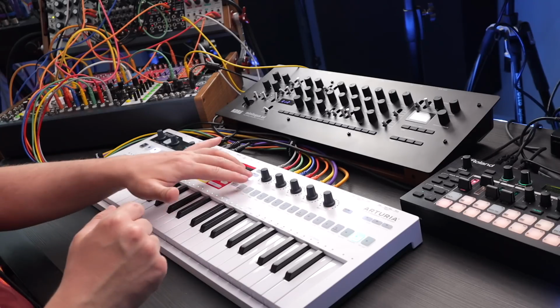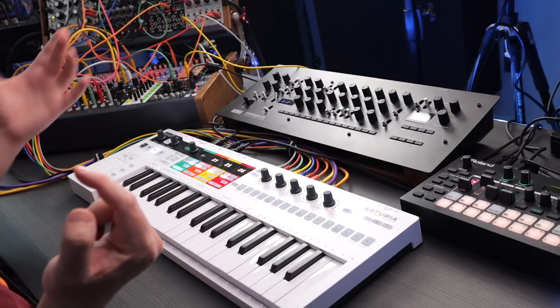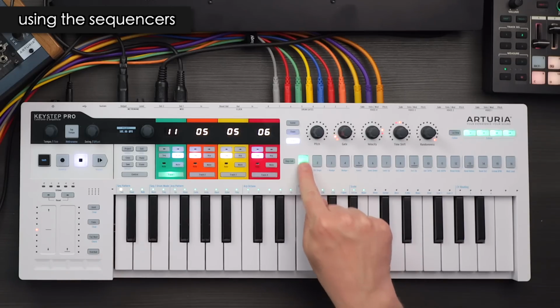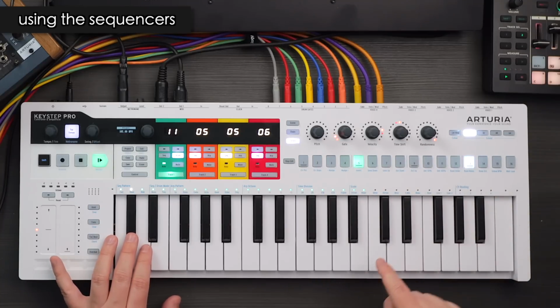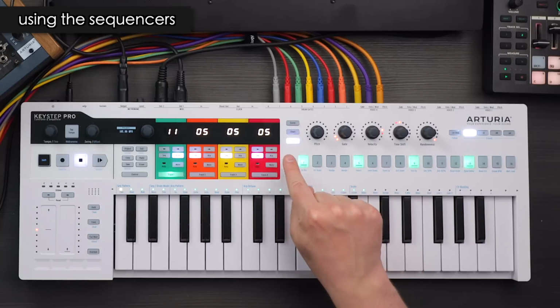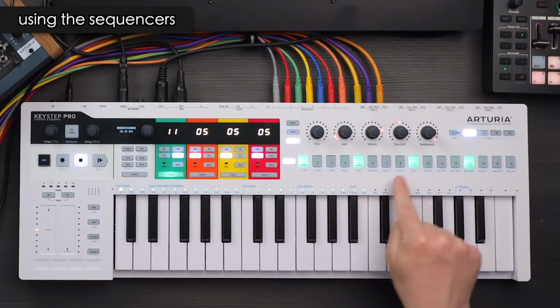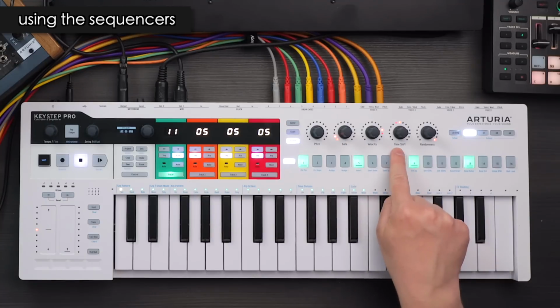So let's create something. We're holding down pattern. We can select an empty pattern here. Let's go to the kick, place down the steps you want. Now we have this button here called Step Edit. Let's hit it. So now we can select any step, and we can now change gate, velocity, time shift, and